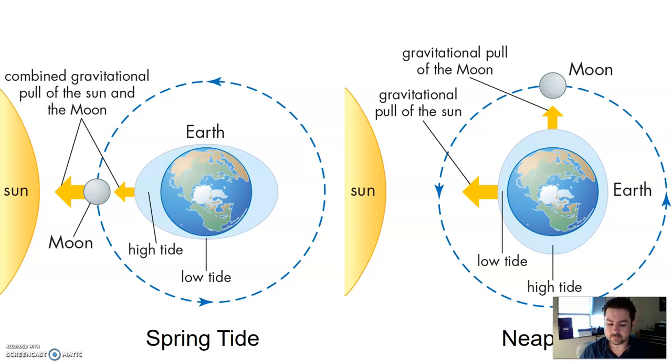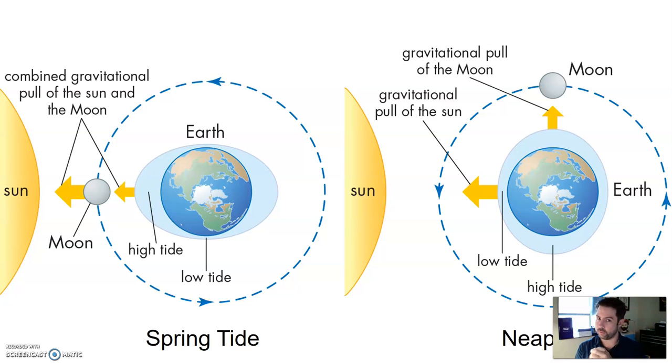But in general, the tides are due to the gravitational pull of the moon and the sun, more so the moon. So not only does gravity pull on the whole Earth, it pulls on every object, including water. So that's why you see kind of the water bulging in the direction of the gravitational pull. And again, the moon, even though it's much smaller than the sun, it's much closer than the sun. So the pull of gravity, the physics of how that works, is not only the mass of the object, the size of the object, but also distance. So even though the moon is much smaller than the sun, it's much closer.